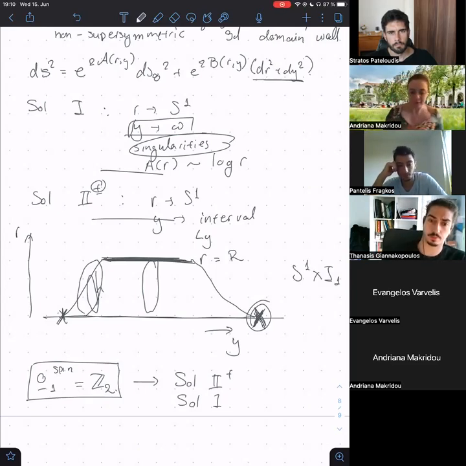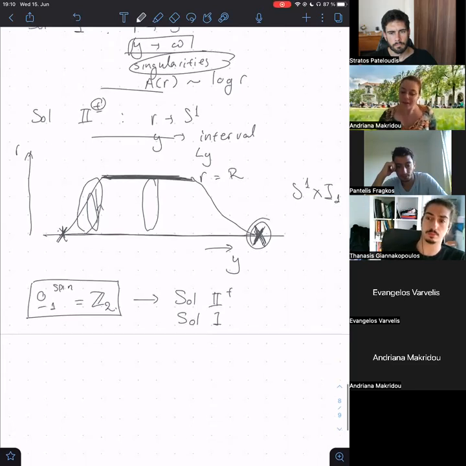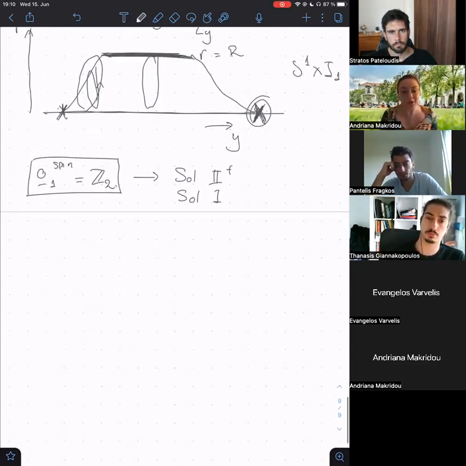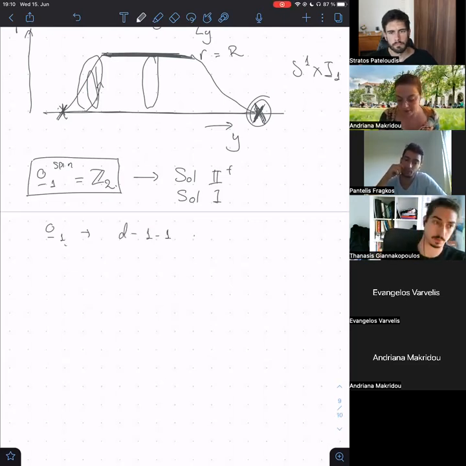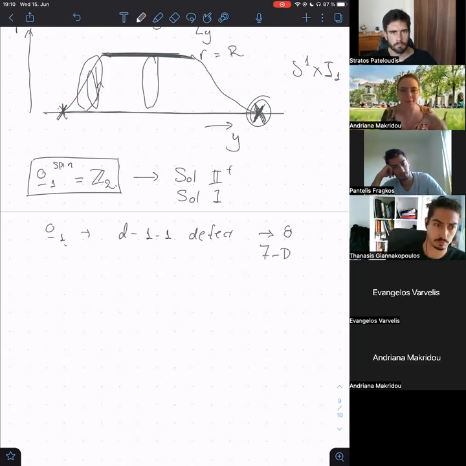this type of objects. And now for the other one, okay, you need to put some defect, but what is the defect? Since this omega 1, you need to have this d minus k minus 1 defect. So this has to be an 8-dimensional brane. So it has to be some kind of 7 brane. I don't know if it's a D brane, probably not a D brane, because you need some supersymmetry breaking. You need some kind of 7 brane. And then you play the same game again.